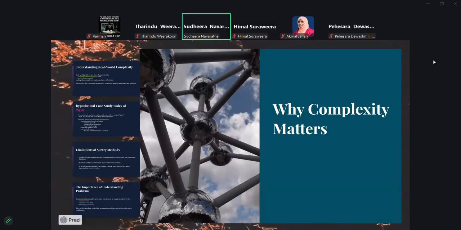Now, if you think about most of the modeling that you have done at your undergraduate level, you come up with equivalent circuits and equivalent models, linear models or nonlinear models, and then you try to simplify them. So you focus on one certain entity and try to model it mathematically. That's what we do. But if you really look at what's going on in your environment or in your world,